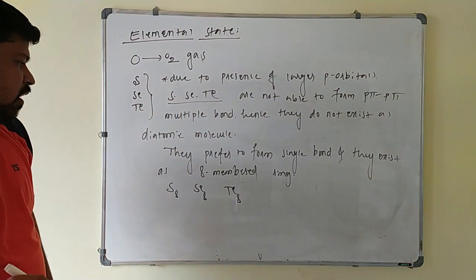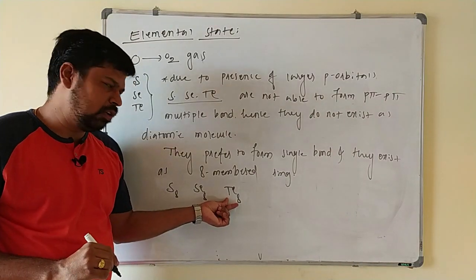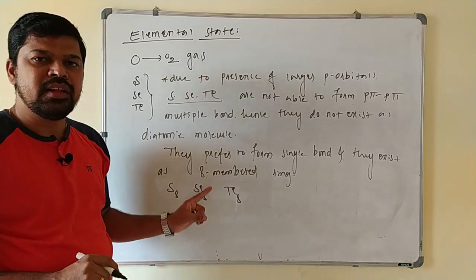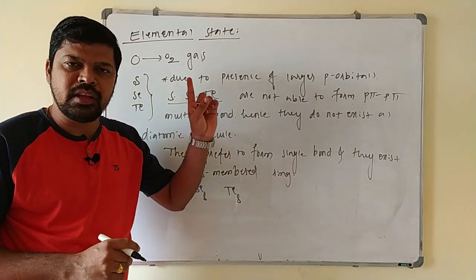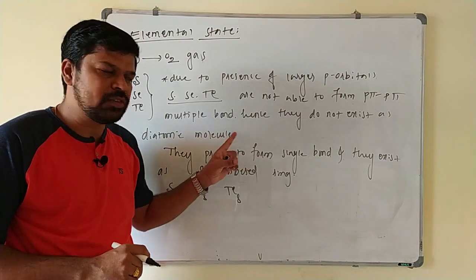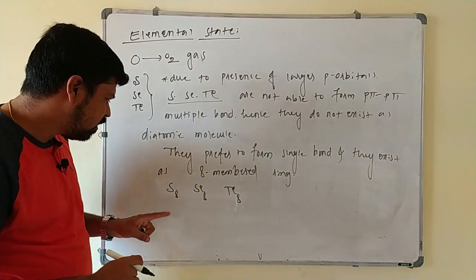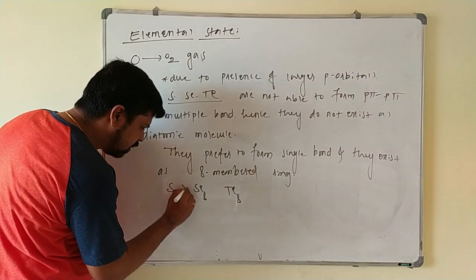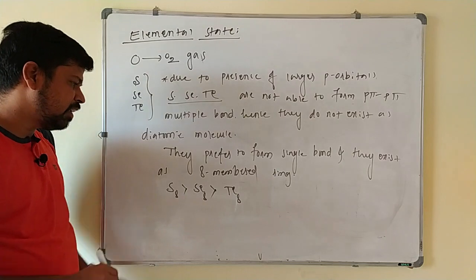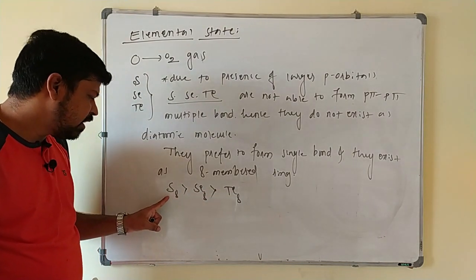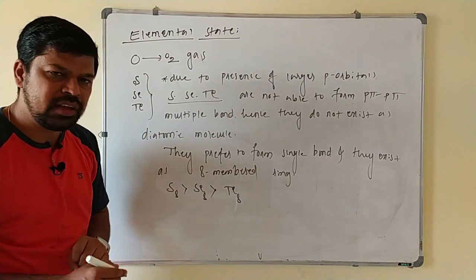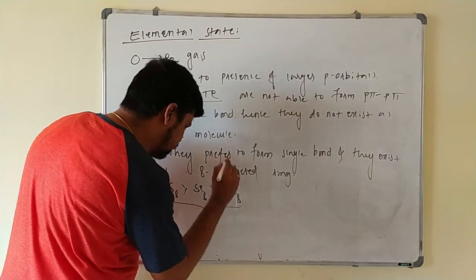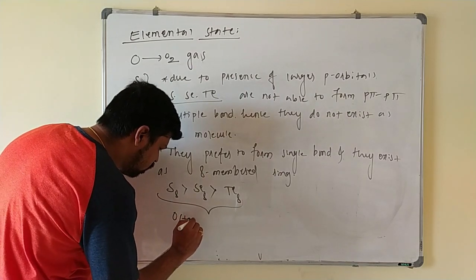Tellurium also exists as an octatomic molecule, so that only oxygen is diatomic and all the remaining elements, because they are not forming a pπ-pπ multiple bond, they prefer to form only single bond and they exist as what? Octatomic molecule here, hence they exist as S8, Se8 and Te8. And again this tendency to exist in 8-membered ring decreases down the group, and here S8 molecule is more stable as compared to these two. This sulfur exists as an octatomic molecule. I will show that structure. These all are octatomic.